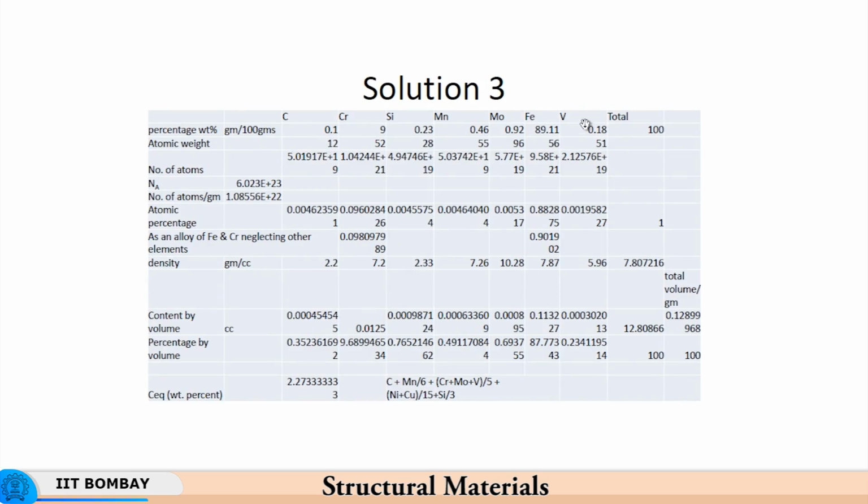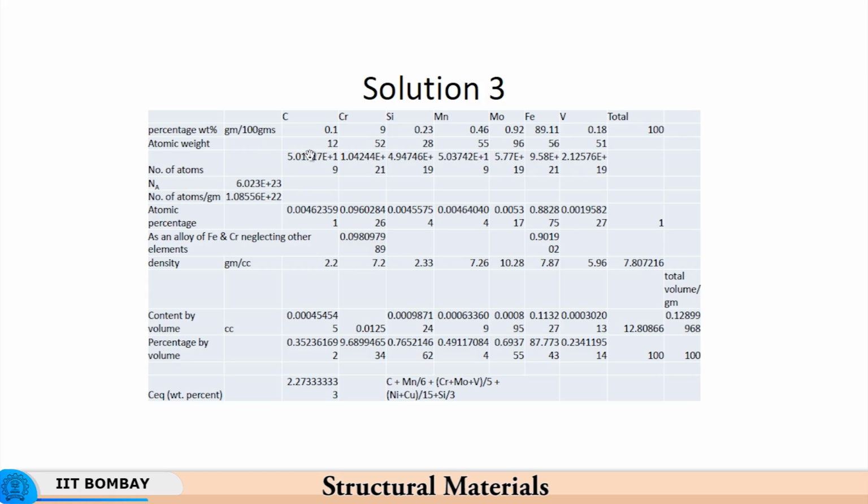So, these are the elements for which these weight percentages have been added, 0.1%, 9%. The same data which was defined in the problem has been copied here. Atomic weight of each of these elements: for carbon it is 12, chromium 52, silicon is 28, manganese is 55, molybdenum is 96, iron is 56, vanadium is 51. So, the corresponding number of atoms are